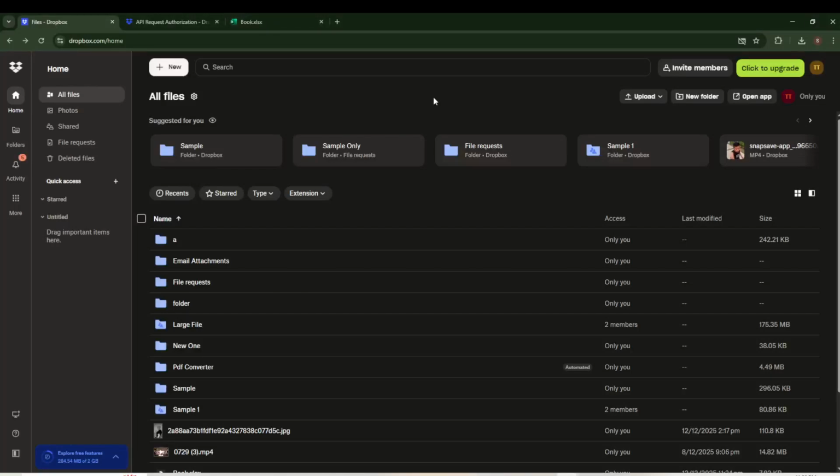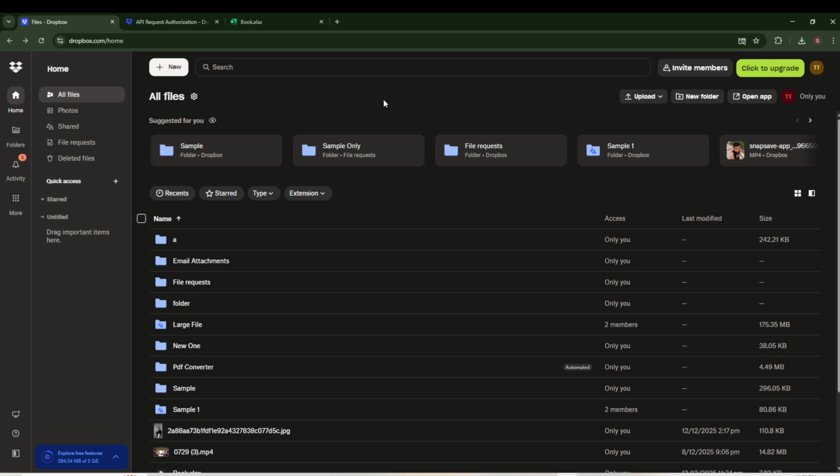Today's video, I'm going to teach you how to access and use Microsoft Excel through your Dropbox account. If you prefer keeping files in one place and hate jumping between apps, this quick walkthrough is for you. This method works the same on Windows, Mac, and most modern browsers, and it's ideal when you want a clean,